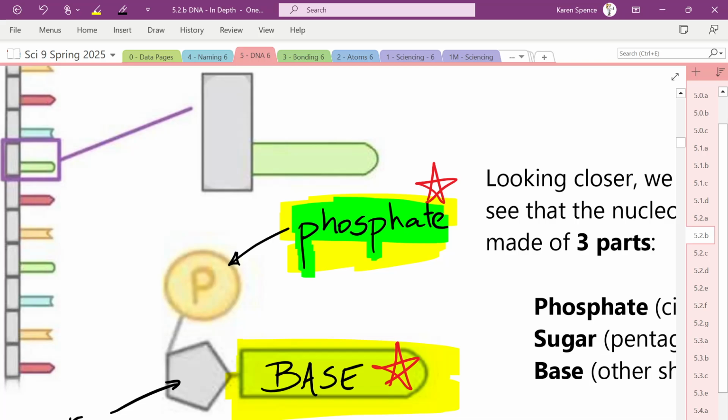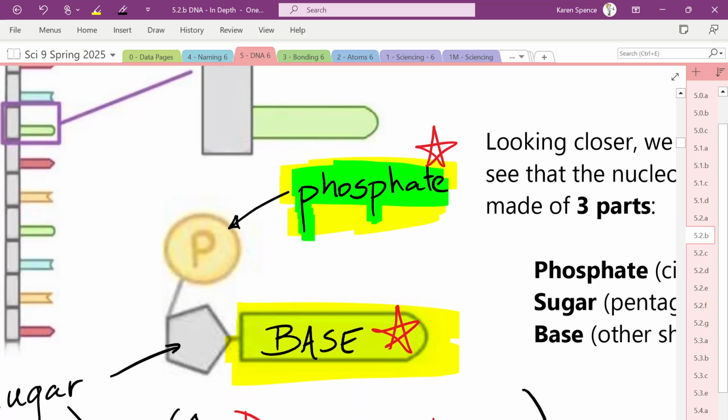The sticky-outy part is called a base. So we have the phosphate, we have the base, and there is a third part of the nucleotide, and that